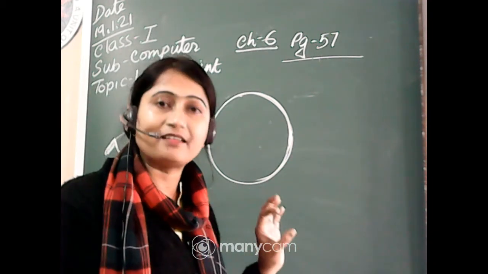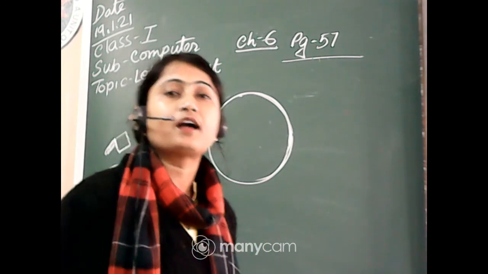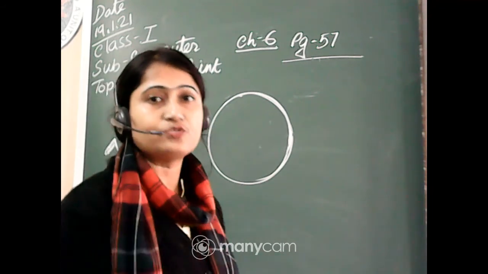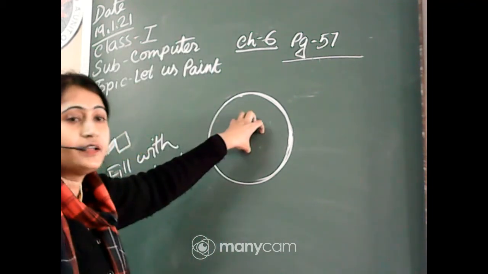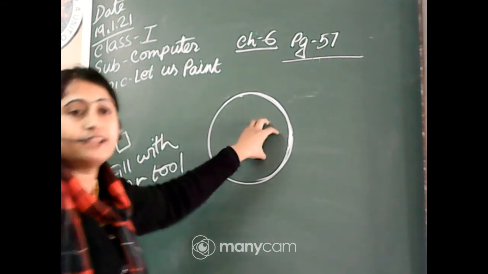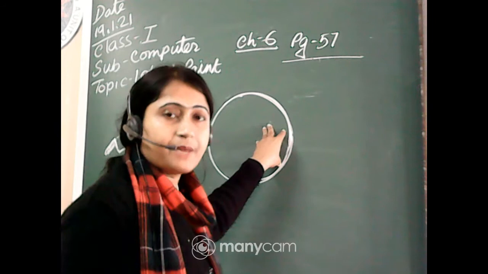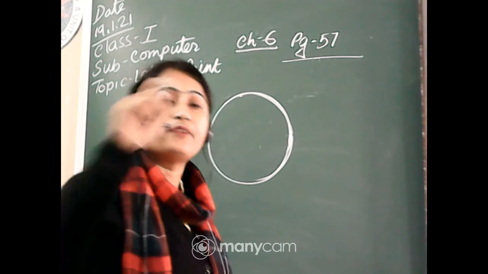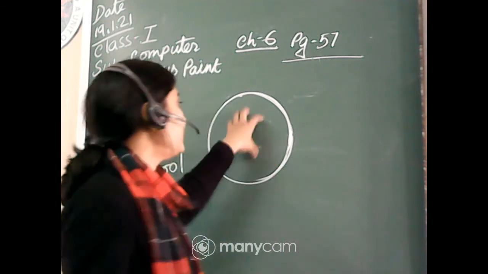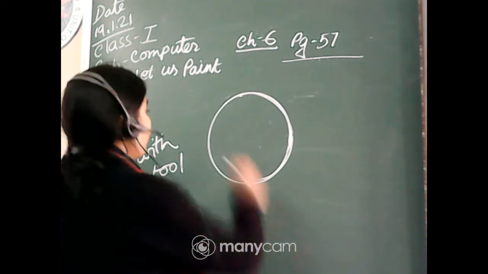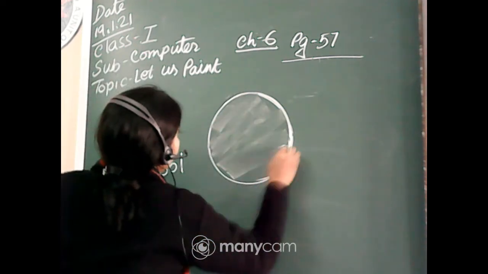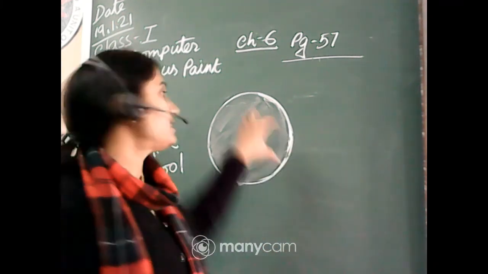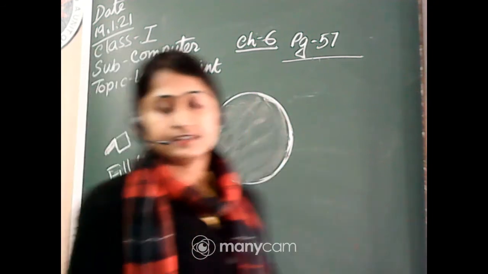Suppose you want to apply the red color. Choose the red color from the Colors group. Choose your desired color, and then bring the pointer inside the shape and click the left mouse button. When you click the left mouse button, you can see it will be red in color. If you choose yellow, it will be yellow. That depends on you. And then you can see this is a red color circle.